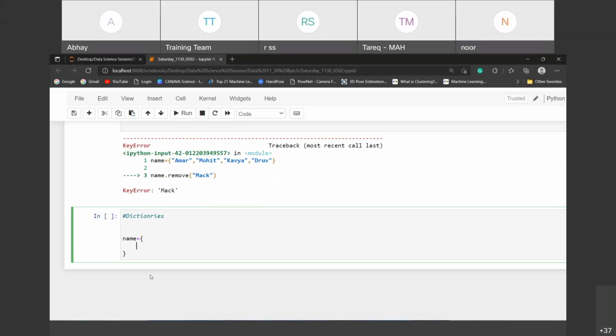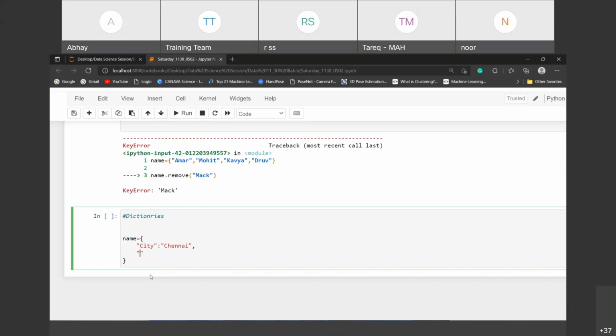Key is unique. Yes, it's case sensitive.